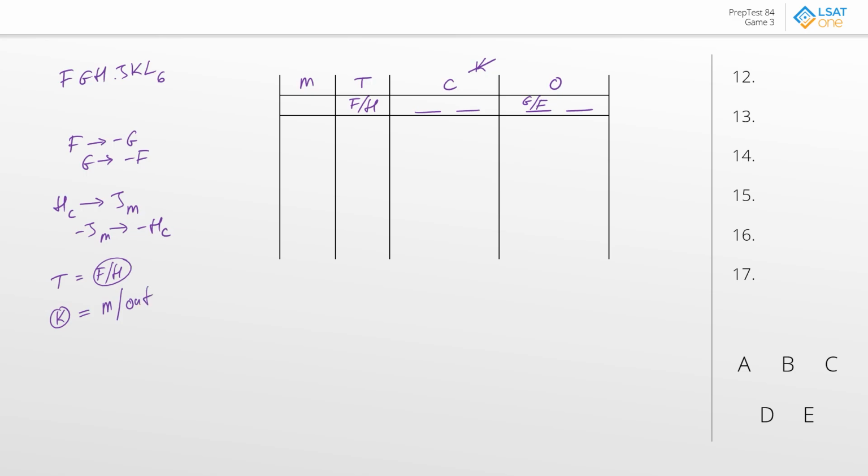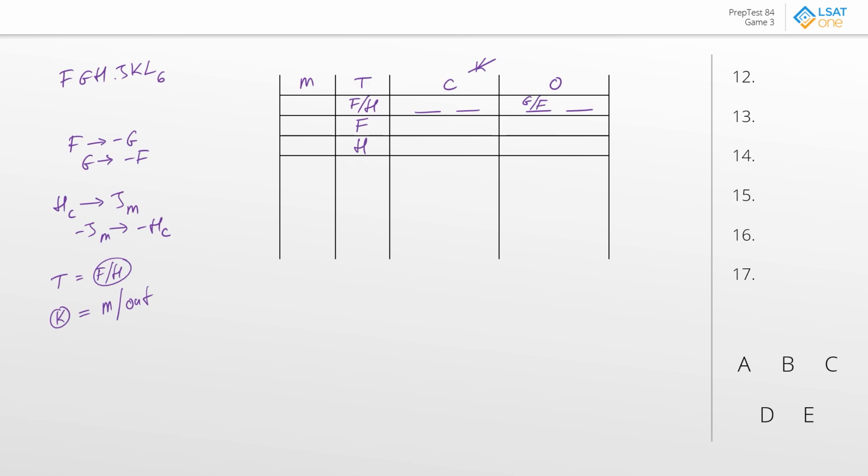Now, outside of that, I guess we could kind of take this a few steps further. There is seemingly a bit of a relationship between this rule, the fact that the treasury is either F or H, and the fact that one of G or F is definitely going to have to be out. In fact, we could arguably exhaust this game based on that, just because it seems like there's a bit of interplay there. So we know that we only have 2 possibilities for this F or H. So we can kind of say, either this is going to be F in this position, or it's going to be H in this position.